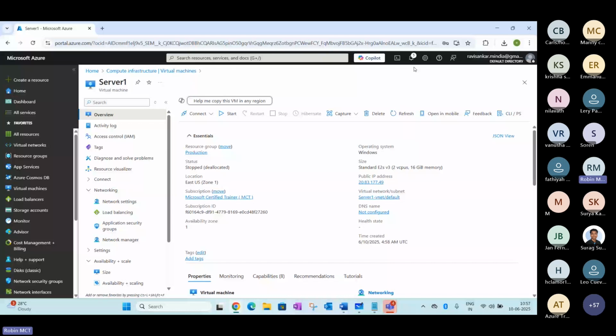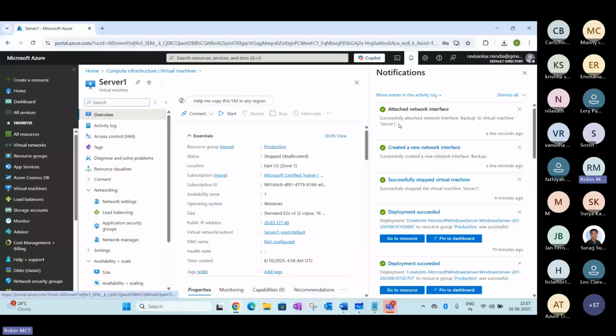You can see this deployment has been completed. I'm just powering on my server right now. You can see there is a new network card from the Azure platform that has been added here.